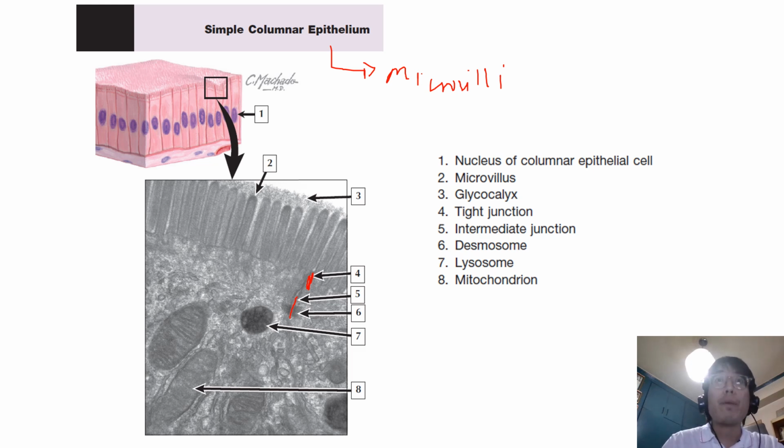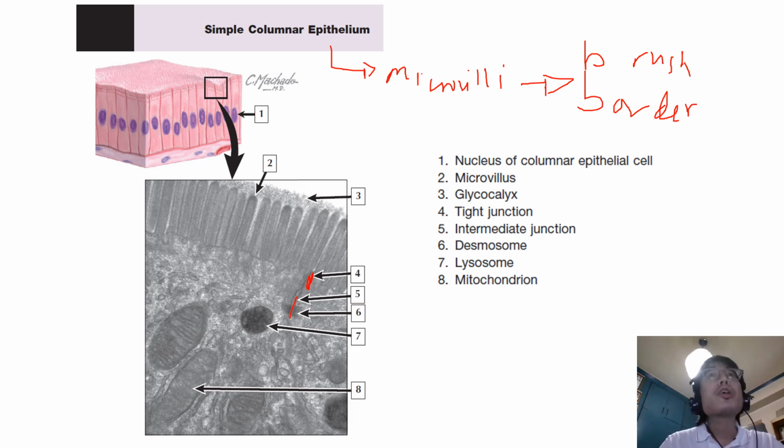Brush borders that consist purely of microvilli are found at the apical borders of enterocytes in the small intestines and proximal tubule cells of the kidneys. The major function of these cells is absorption, and malabsorption of nutrients can occur if there is damage to the microvilli.